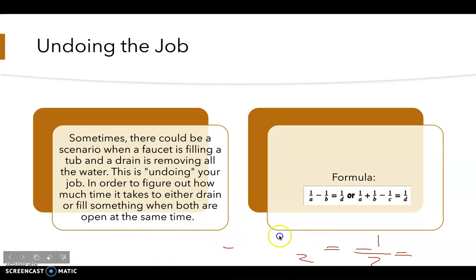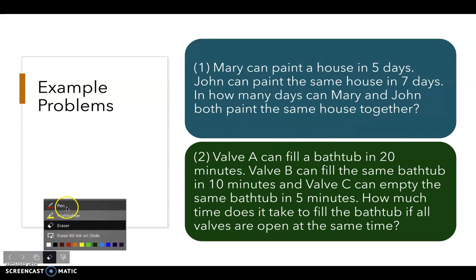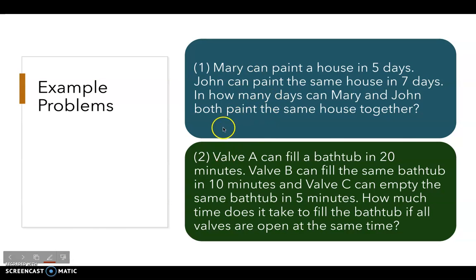Okay? So now let's take a look at the example problems that we have here. It says Mary can paint a house in 5 days. John can paint the same house in 7 days. How many days will it take Mary and John to paint the same house together? So, basically we're going to be using the formula 1/A